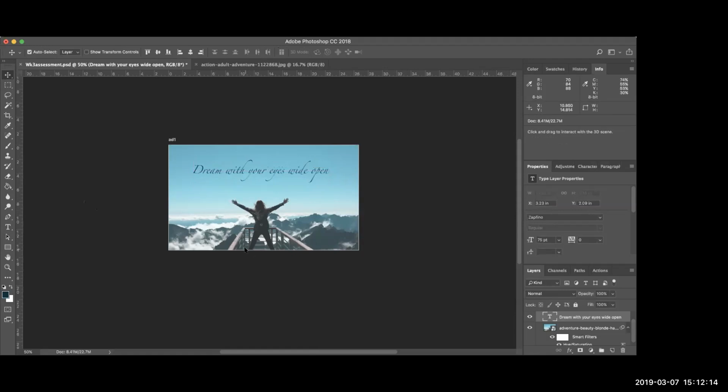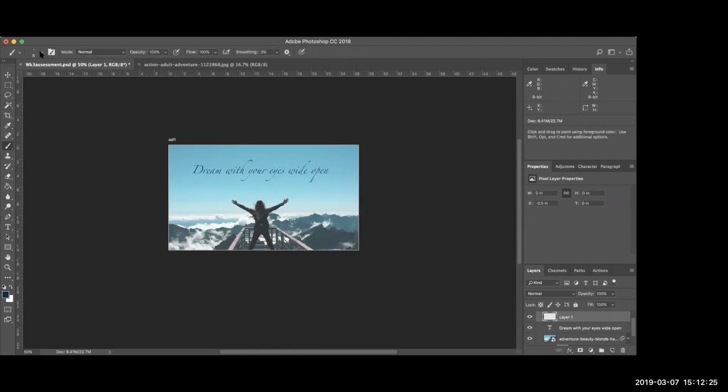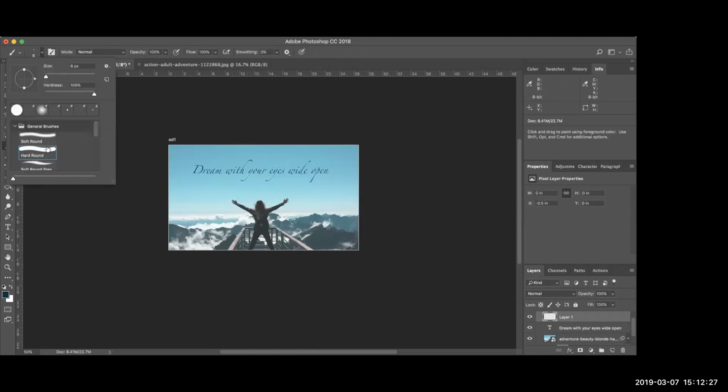We want to maybe incorporate another element. I think I would like to see some lines in this. So I'm gonna come over and just get my paintbrush tool. I'm gonna find a nice paintbrush to use. I think I really want it soft. I'm gonna make it a bit bigger